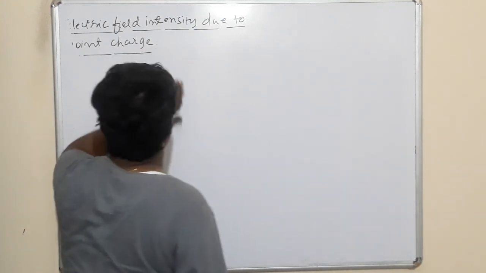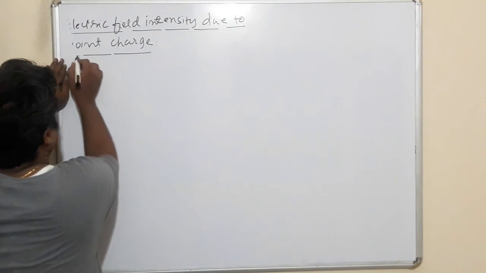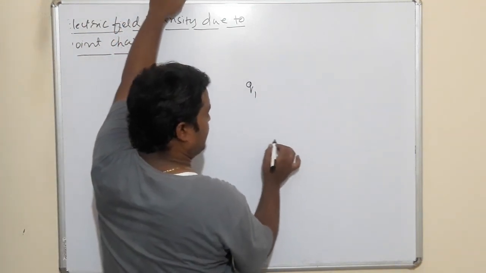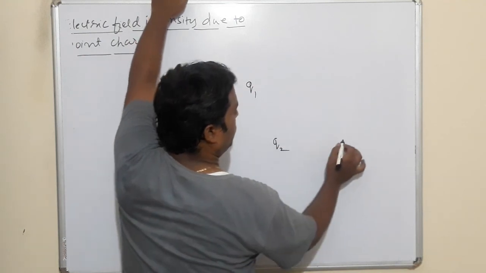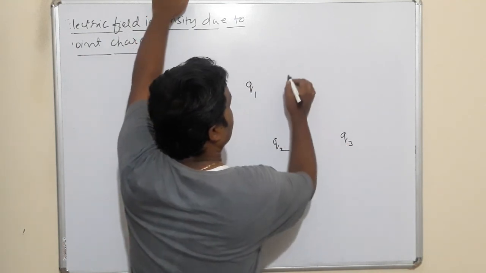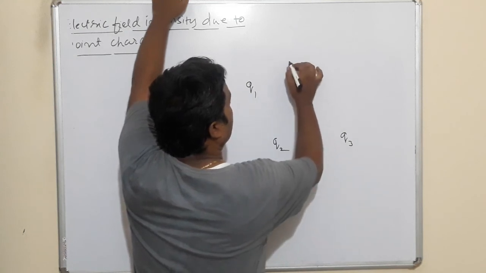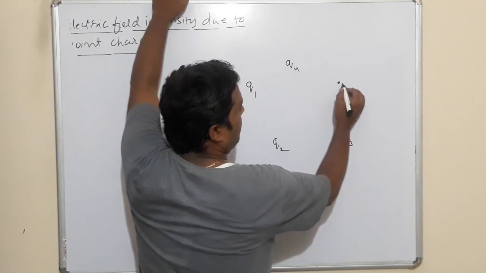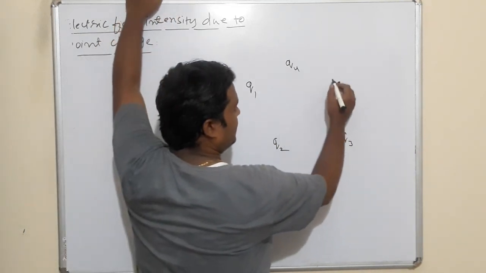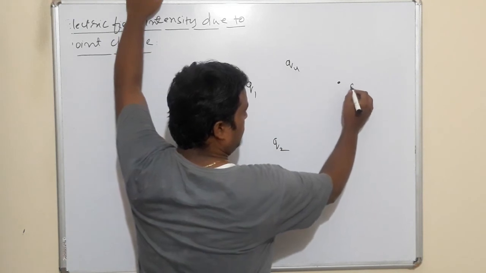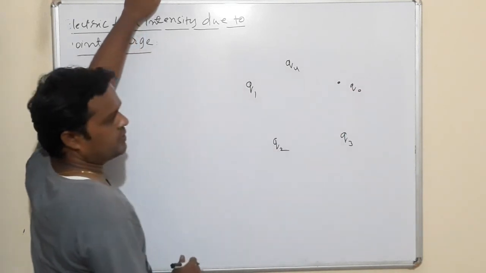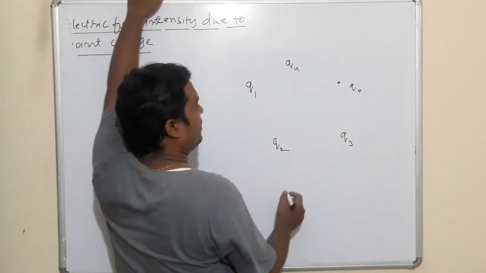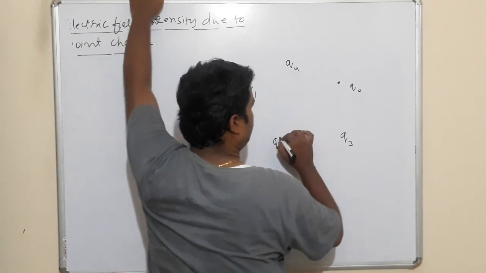Then we will take the electric field strength at a particular point, where we suppose that this is a system of some 5-6 charges. This is Q1, Q2, Q3, Q4, like this. At this point I want to calculate the electric field due to these charges. That means here I will place a charge Q0 and I will see how much force is experienced by it due to all the charges. This will make the electric field here.